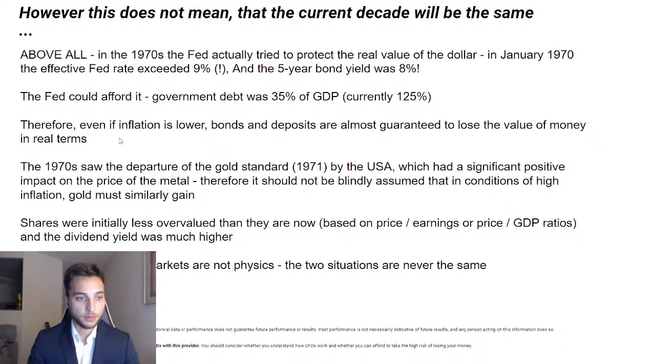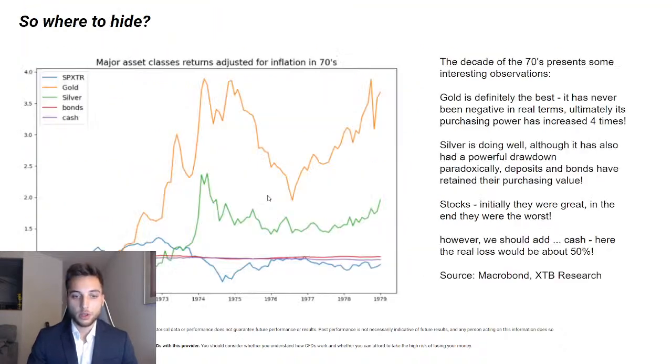The 1970s saw the departure of the gold standard in 1971 by the USA, which had a significant positive impact on the price of the metal. Therefore, it should not be blindly assumed that in conditions of high inflation, gold must gain similarly. So let's step back here from those and take a look at the context that we were mentioning earlier. So while in the 1970s, this was the situation where